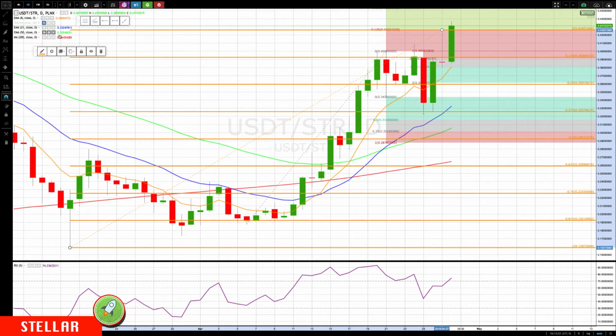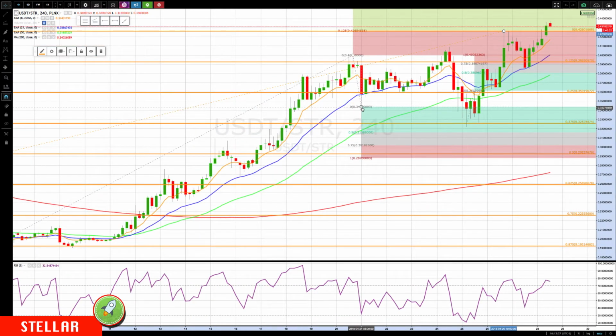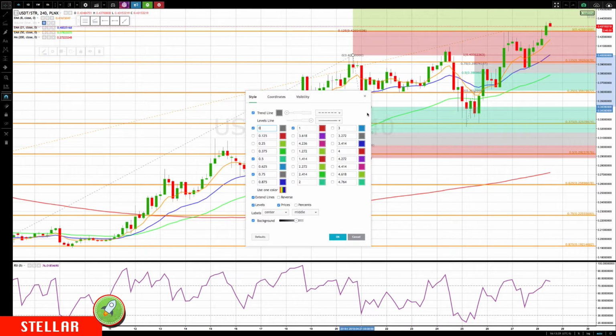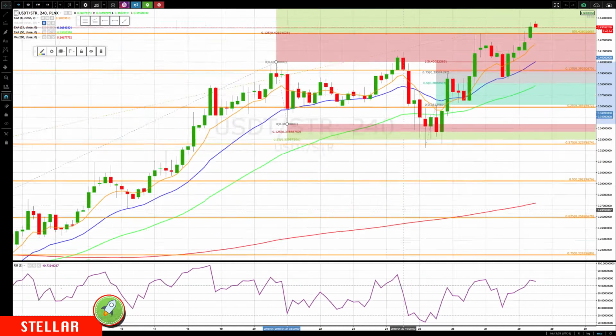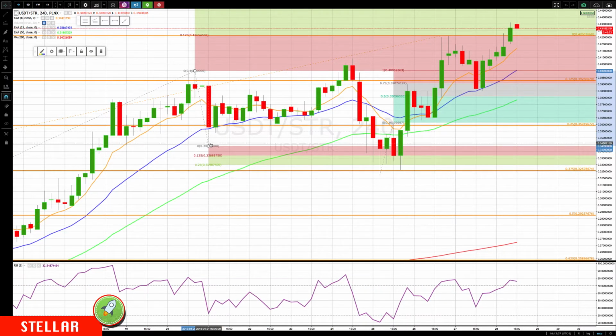Now, here's what we were watching for. Let me reset my levels. There we go. So we did a projection down to look for the bottoms. It came into the rotation zone. We had this full projection at 0.3298, and we started getting some bottoming patterns, and we formed a nice little